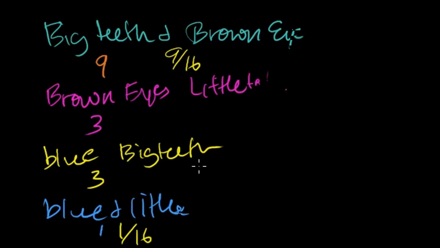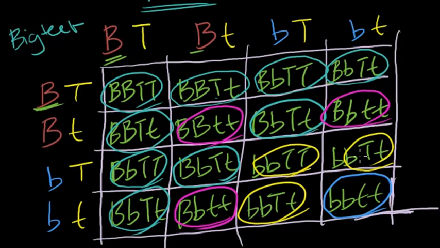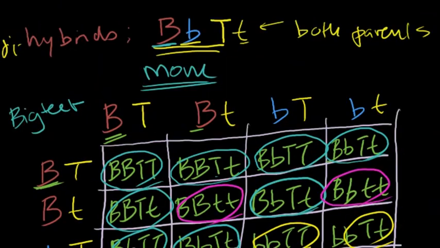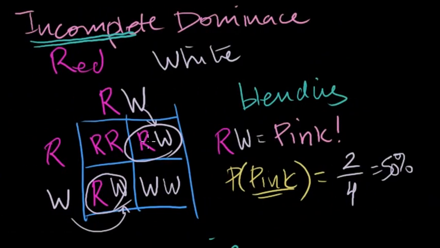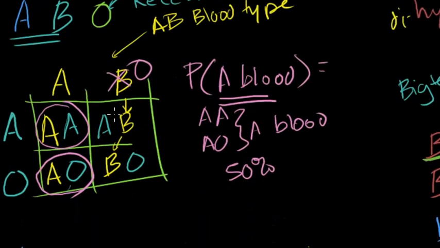So hopefully in this video you've appreciated the power of the Punnett square, that it's a useful way to explore every different combination of all of the genes. It doesn't have to be only one trait. It can be, in this case, where you're doing two traits that show dominance, but they sort independently because they're on different chromosomes. You could use it to explore incomplete dominance when there's blending, where red and white made pink genes. Or you could even use it when there's co-dominance and when you have multiple alleles, where it's not just two different versions of the gene, there's actually three different versions. So hopefully you've enjoyed